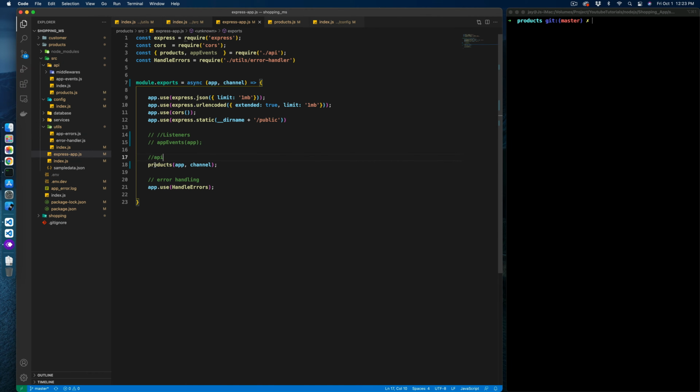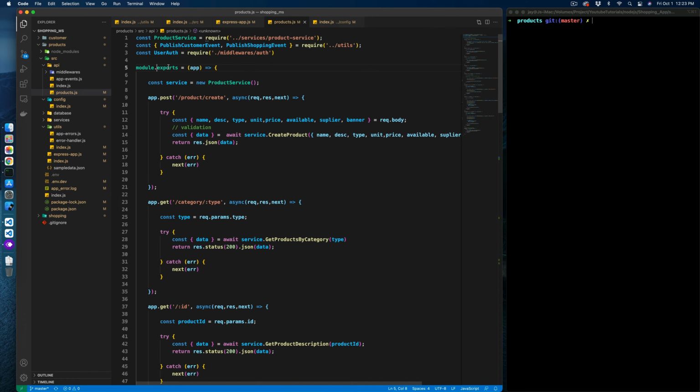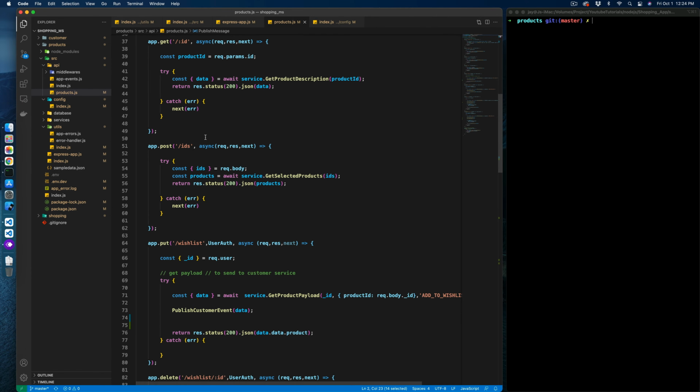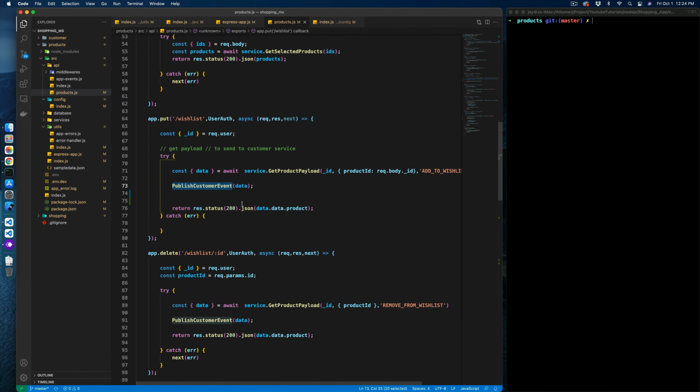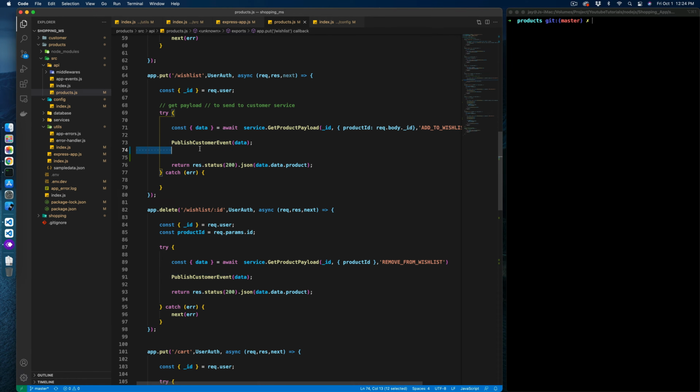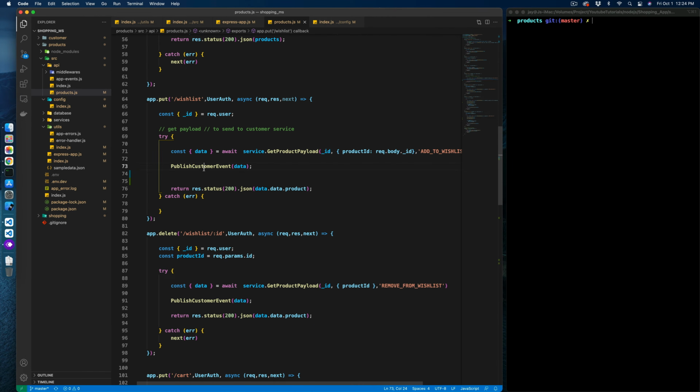All right, so let's go to the products API. Here inside the products API, we need to capture the channel here, because we are already passing it from the express app, this one. And now this channel we need to utilize somewhere, but this time this publish event and all those things will no more be required. Instead, this publish message will do the job of publishing the customer events, because these are the webhook calls we were making from here. So inside the wishlist we are going to comment it out, and instead of that we are going to do